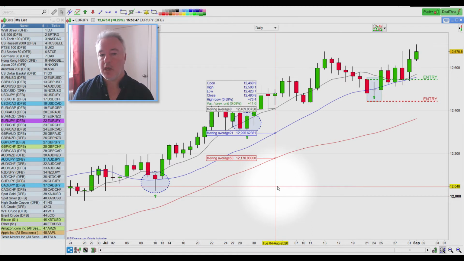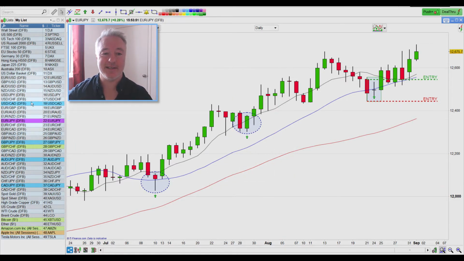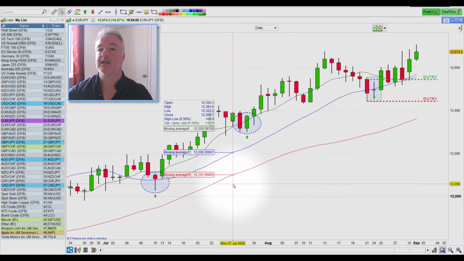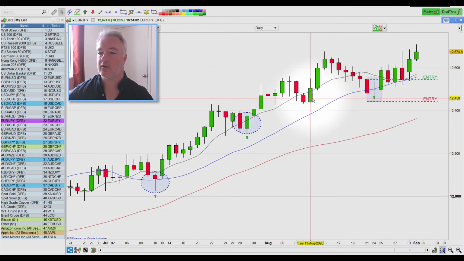Okay, so the first one at fifth place is Euro Yen. Right, and generally, why do I like this? It had a really, really good trend. There were actually previous setups that I'd marked. These are other trades that I had taken. I skipped this one over here. Really, it was just a very large candle. And then this one was quite interesting.